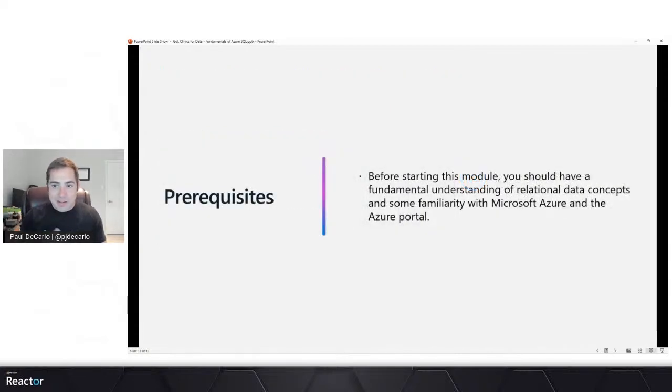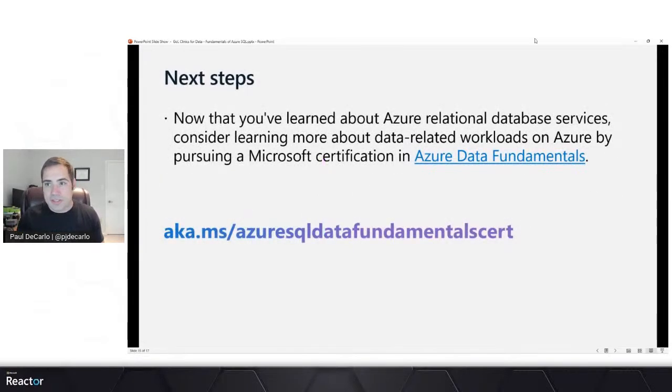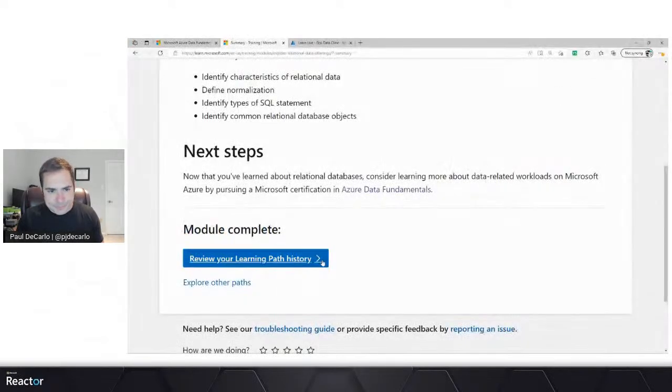And the great thing is the prerequisites for this are a fundamental understanding of relational data concepts. So we've got that. We just did all of that together. We're ready to go. We will learn today about options for Azure SQL services, options for open source relational databases in Azure, and also provision our first database in Azure.